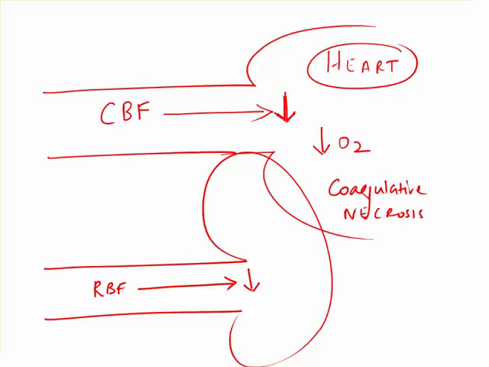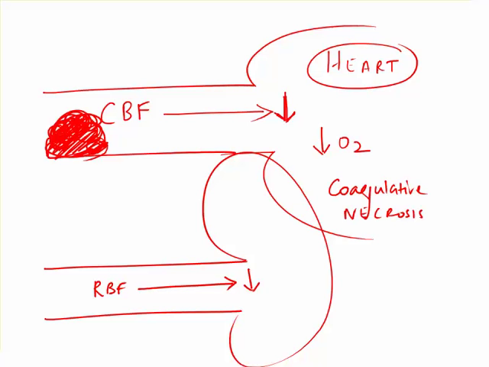Reduced blood flow to any organ, if that ischemia is happening due to a thrombus, a blood clot forming in the blood vessel and causing occlusion, and occlusion means something obstructing the blood flow, causing ischemia, causing coagulative necrosis, is called